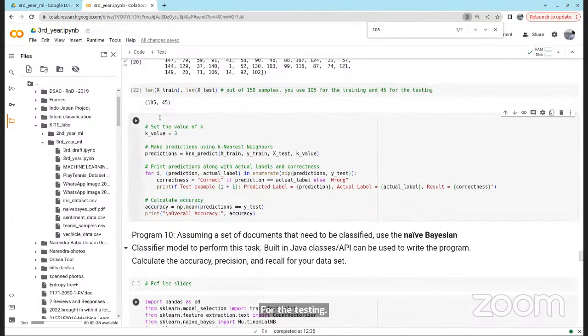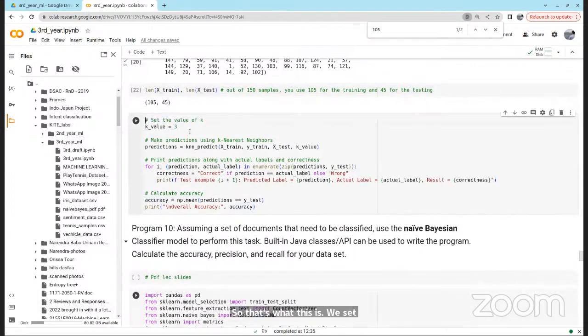We set the k value to be 3. It can be any positive value greater than 0. That is, in your training data, how much you have.